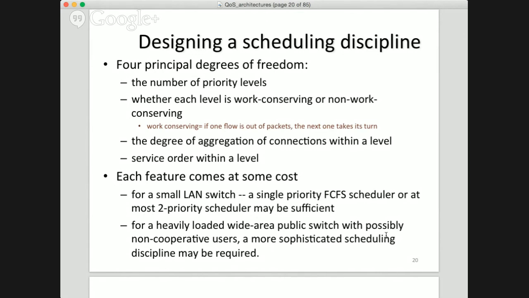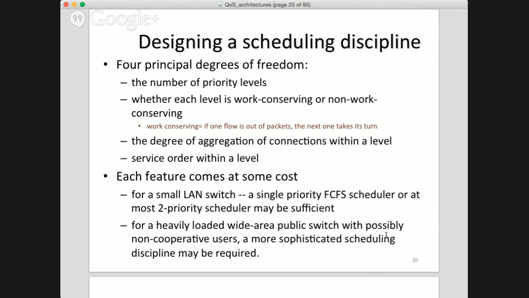And last but not least, the service order within a level. So within a given level, how do I serve packets? Is it first in, first out, or is it a different one? And of course, each feature comes at some cost, and there is always a trade-off, as in all engineering design problems. So if I have a small local area network, well, probably a single priority first in, first out scheduler